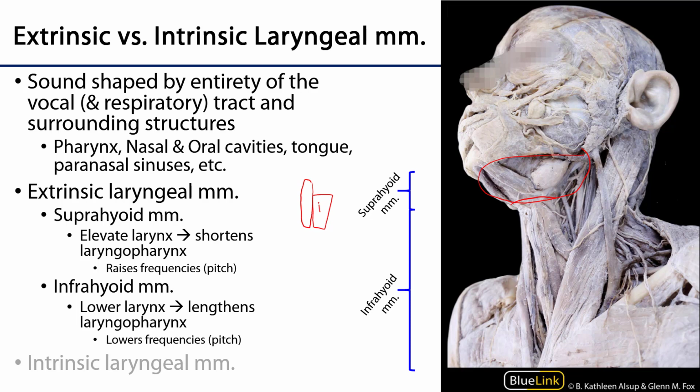And when you elevate the larynx, you're also pulling the laryngopharynx superiorly, thereby shortening it. Whenever you're shortening a tube, that's going to raise the frequency of the sound in that tube, and that also elevates pitch. By contrast, infrahyoid muscles,